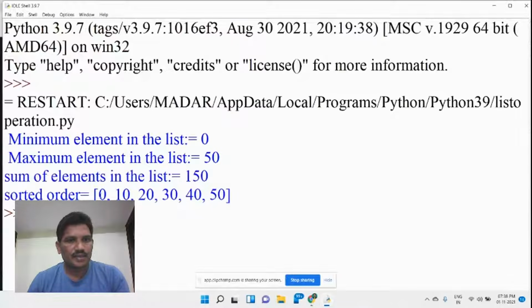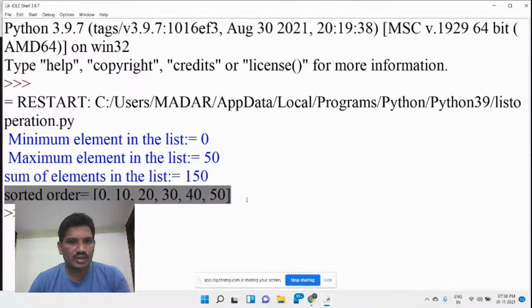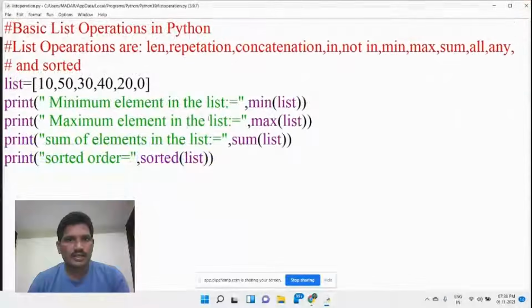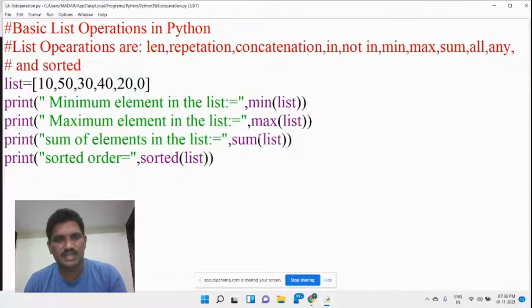What is the output we will get? Yeah, see here, you can observe it very carefully. All the elements have been displayed in sorted order when you call the sorted function. This is the output for sorted. These are all the functions, all operations in Python. But here I did not discuss any methods in Python, because methods are different, and the list operations or functions are different. Please remember it. In the next class I will explain the methods of list in Python, and the difference between list operations and methods.